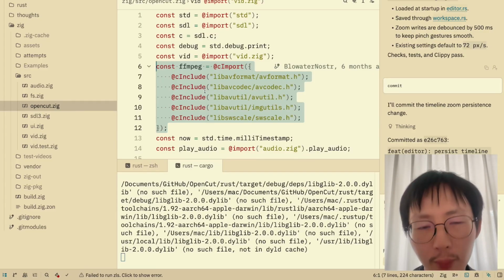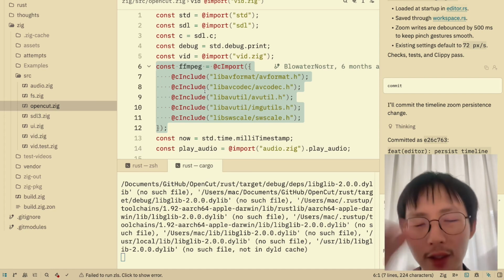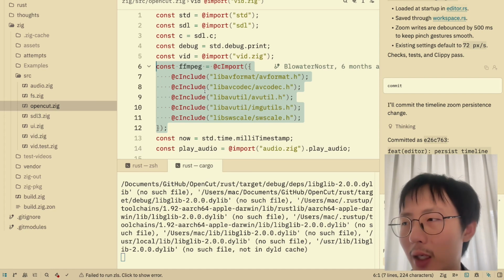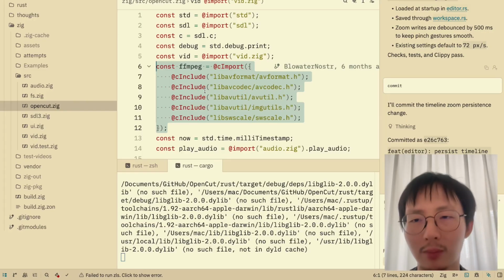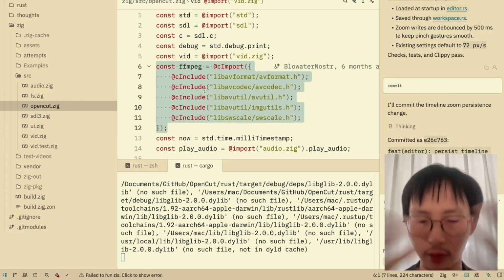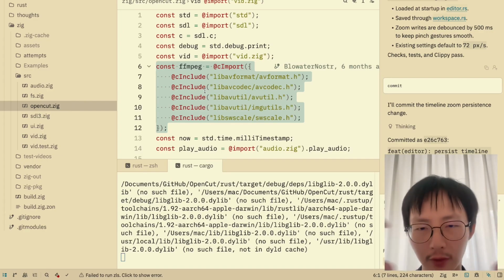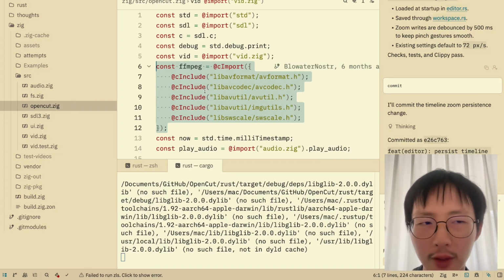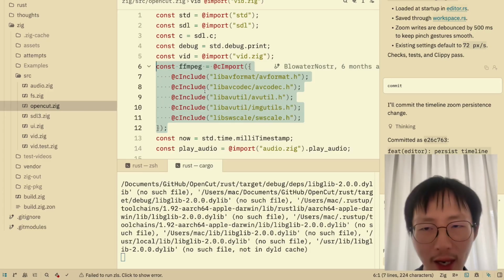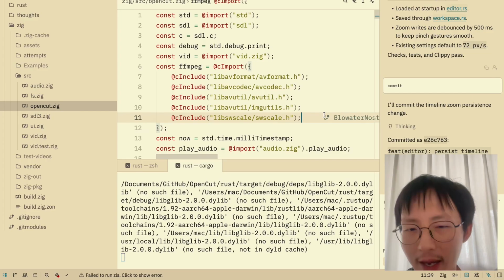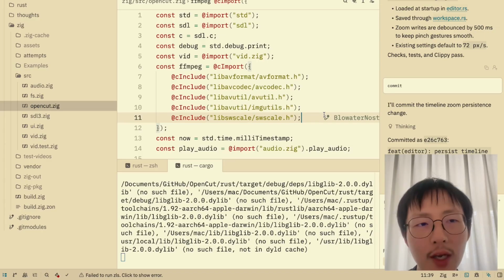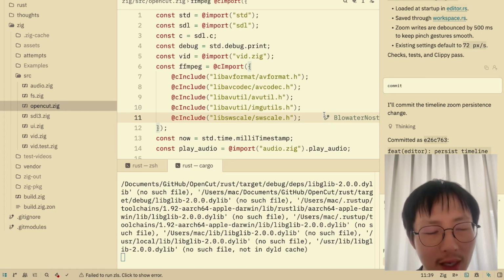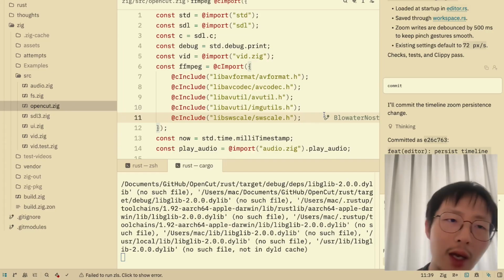For a young programmer like me, I mean, I have 10 years of experience, but maybe I'm a top 10% programmer, not the top 1% programmer. So I would have to invent a lot of foundational toolkit before I can actually dive into my video editor. But with Rust, since this code editor is Zed, and I have been using Zed for more than 2 years and it has been very stable, it means the Rust ecosystem has more mature toolkits that I can leverage. So that's why I chose Rust.